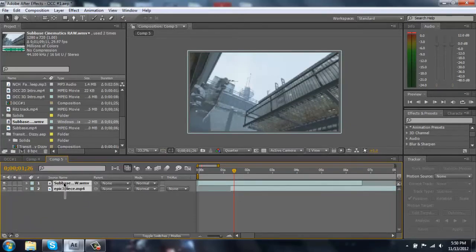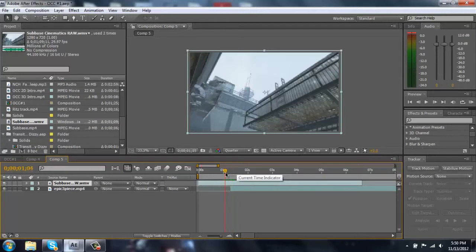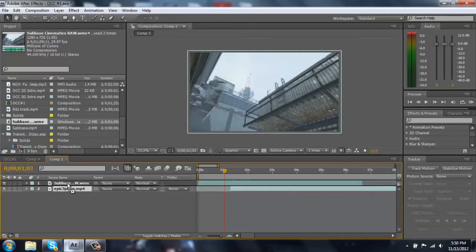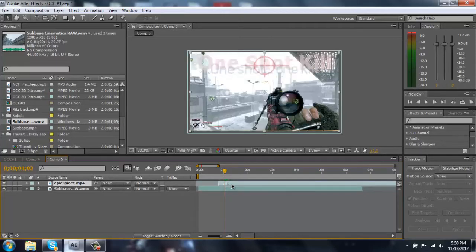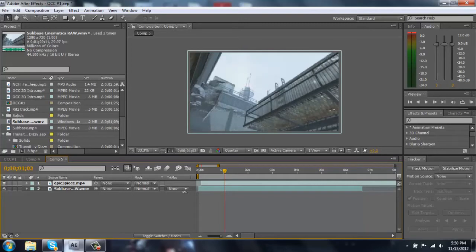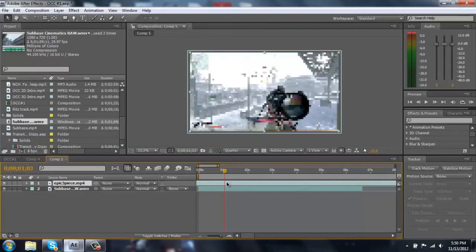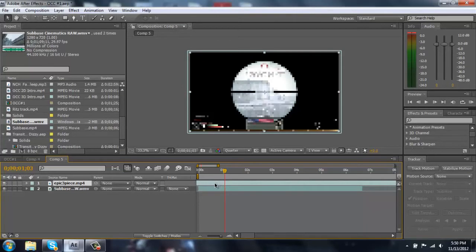So basically what you're going to need is two clips, or just any two clips. I'm going to use this cinematic. I think you just find a place to start where the scope effect is going to start. I'm probably going to do it right around maybe 1 second. Then I'm going to find where he zooms in the scope. There he's zooming in the scope. And then the last frame, right before he zooms out,